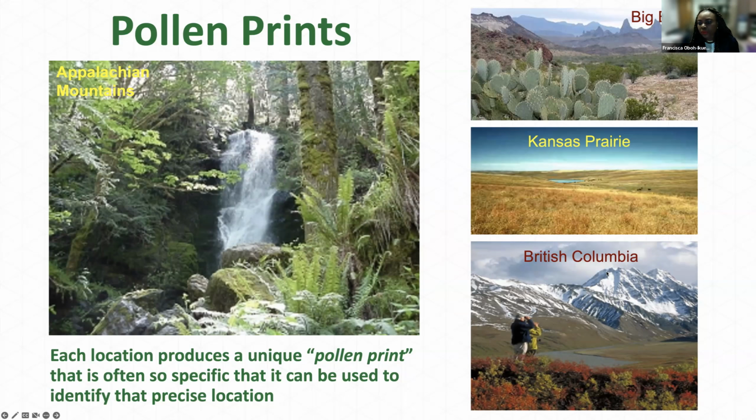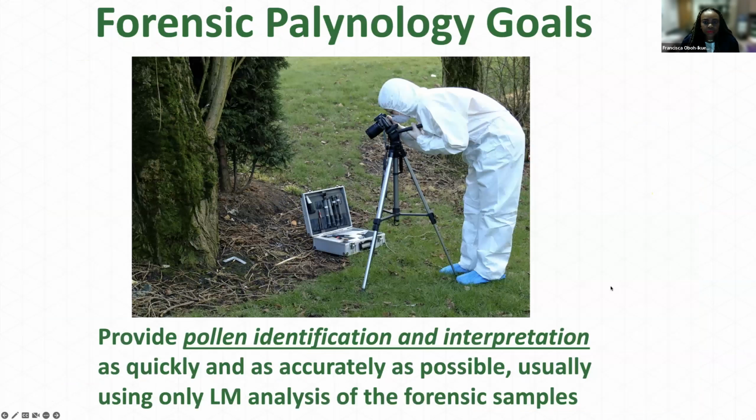Or you go to British Columbia. Here, where you have the mountains, you're going to have a different kind of vegetation, which is definitely different from all the others I have highlighted here. This is also Professor Bryant doing some of this work. With the pollen, both the identification and interpretation can be done quickly using light microscopy for forensic samples. You don't even have to go as far as using the scanning electron microscope. It's a rapid type of analysis just to give investigators an idea of what type of vegetation is in